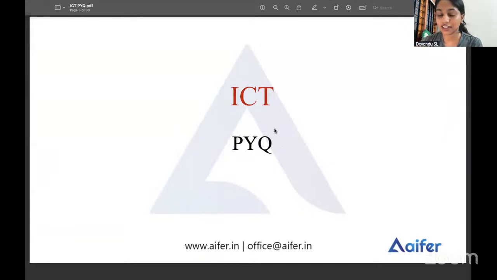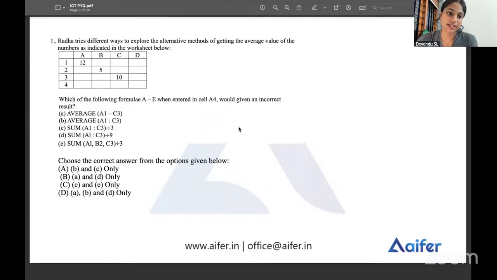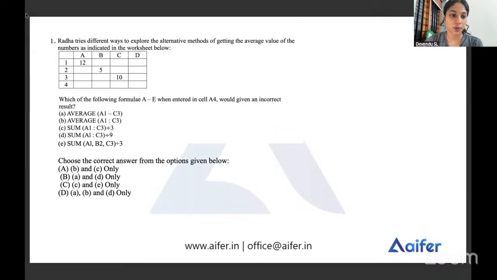So we can start some of the PYQs of ICT. So first question. This question is on spreadsheet, Excel spreadsheet. Radha tries different ways to explore the alternative methods of getting the average value of the numbers as indicated in the worksheet below. Here we have given an Excel worksheet,